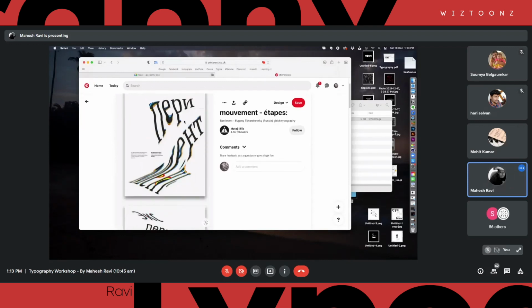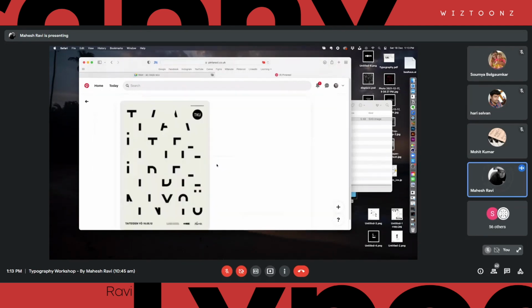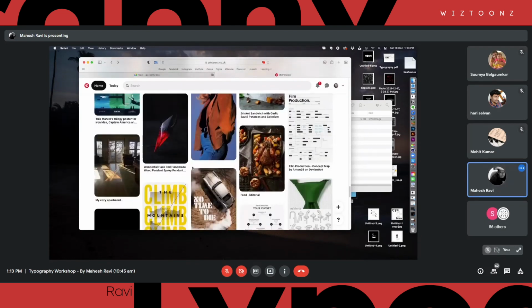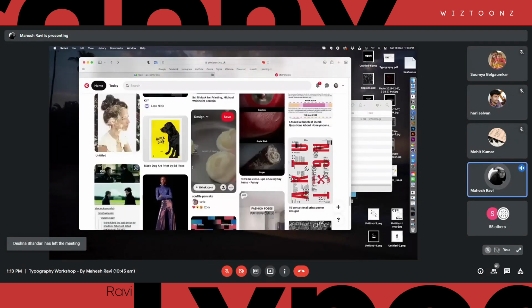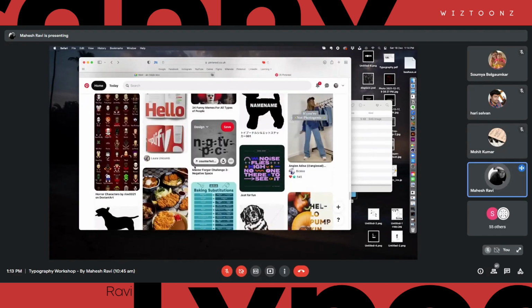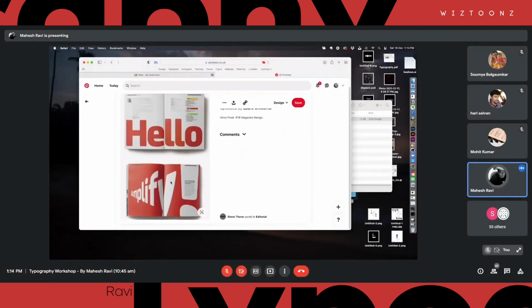The chaotic design. Typography is just a visual element here, right? Nobody is bothered about whether you can read it or not, right? But think of the impact it is actually creating, right? Cutting typography, right? So all these examples that we were talking about, you can actually find here. And that is how you can actually create a difference in design, right? Otherwise, it is going to fall into the same template-driven stuff. Every design is going to look the same. But you have to somehow create that personality, using typography in a dimension.